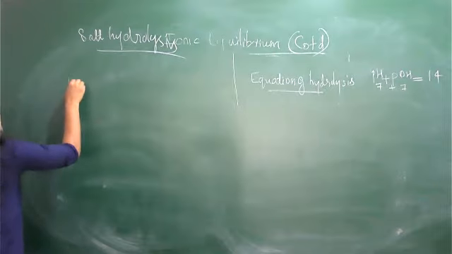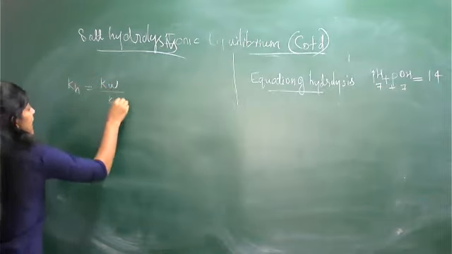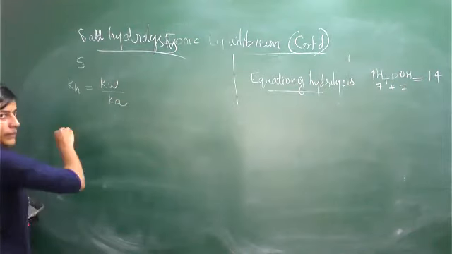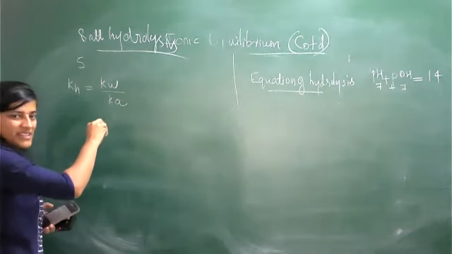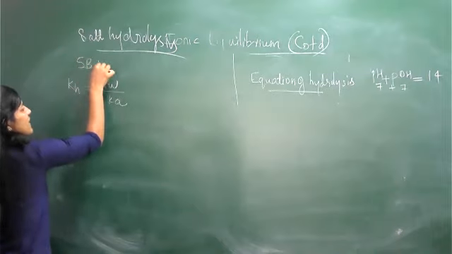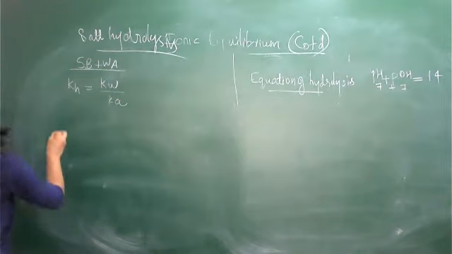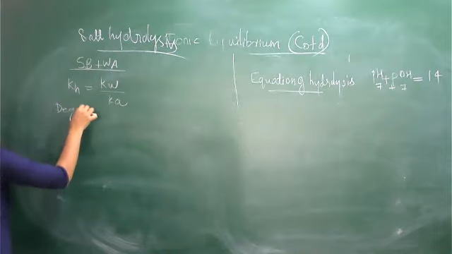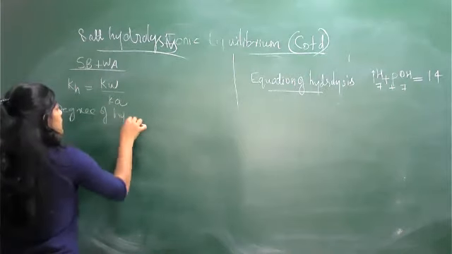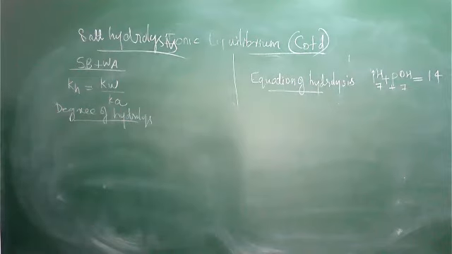So this is the final result. KH is equal to Kw divided by Ka in the case of strong base plus weak acid category. Okay. Then as the next heading you can write that we want to check the degree of hydrolysis. We want to study the degree of hydrolysis.